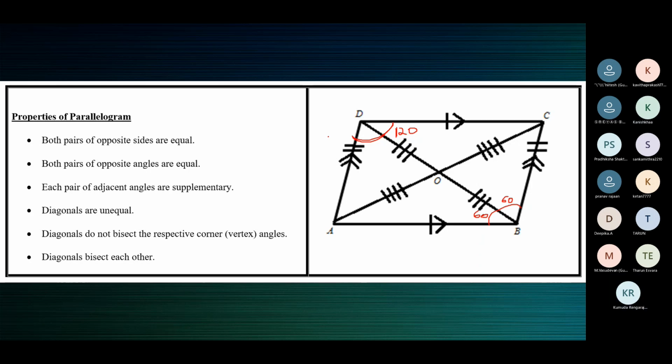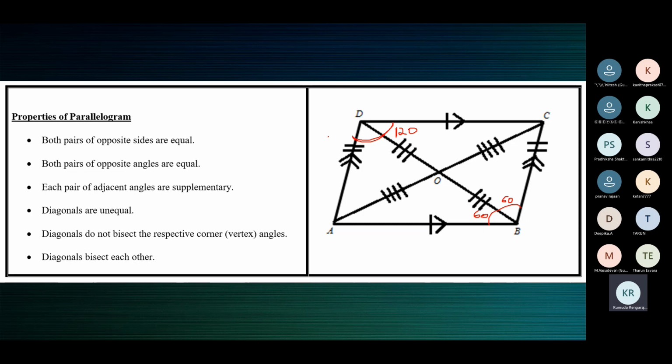Okay, why no? Now, who said yes? I want to know who said yes. Ma'am, I didn't say yes, but I understood why it is yes. Ah, okay. Tell me, Hitesh. Ma'am, when we add 60 plus 60 it is 120. In a parallelogram, opposite angles are equal, so 120 and 120 are equal, so it is a parallelogram, ma'am. Okay. Opposite angles, but only one pair of opposite angles is marked, right? So you cannot assume that the other pair is equal.